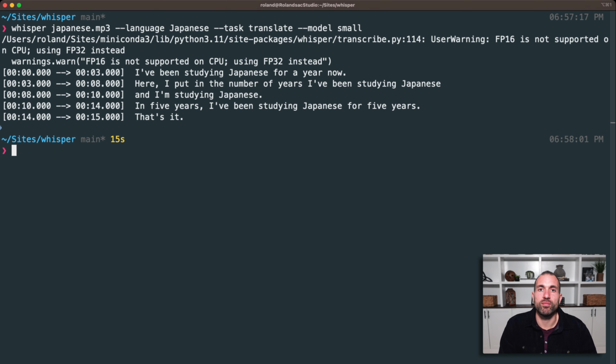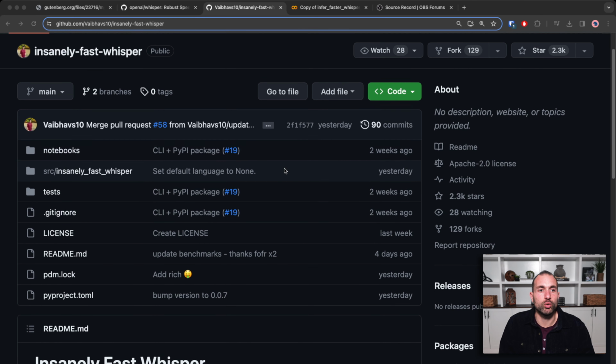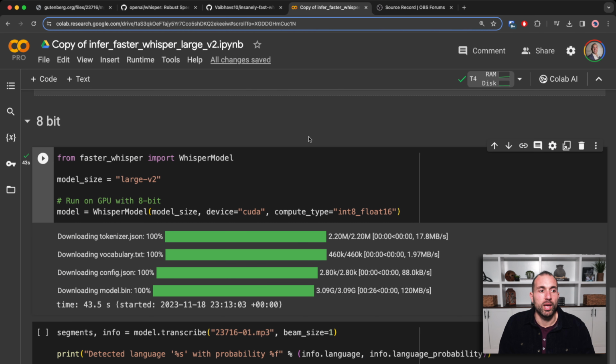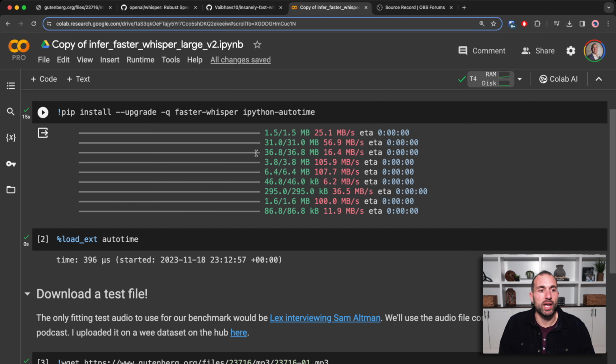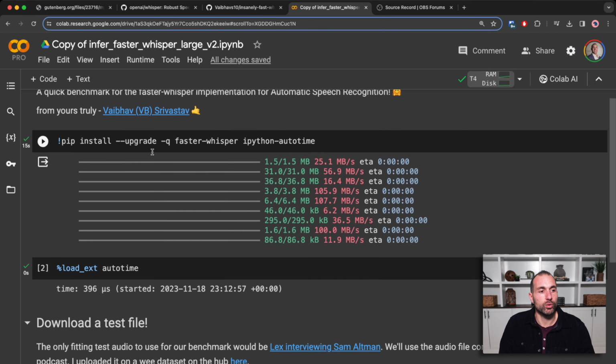Now, I'm going to show you an even faster way for AI to transcribe. I'm going to go to a different GitHub repo, and this is called Insanely Fast Whisper. And I'm going to show you this in Google Colab. And basically, here, I have already started the notebook. All I did was run these 4 cells: